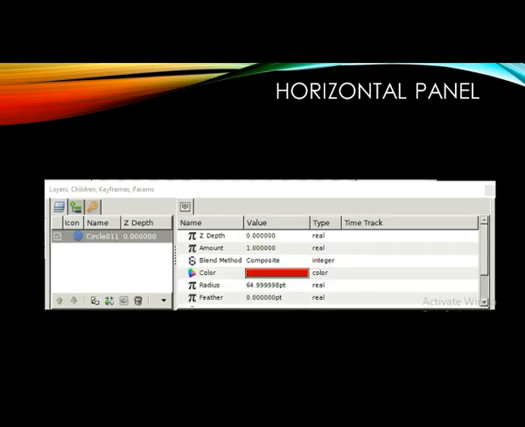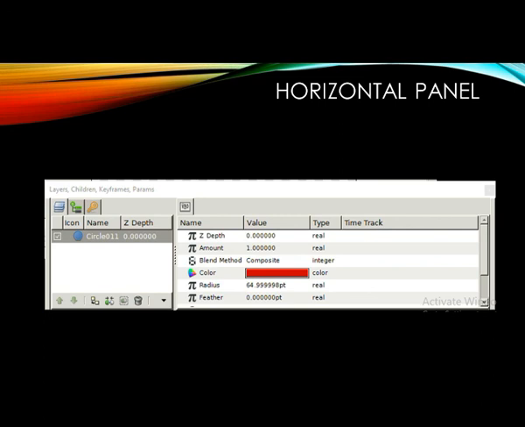This is horizontal dock, wherein we can see that we have created one layer called circle on the left side, and on right hand side we can see the properties of this layer. We can change properties of these layers by selecting particular option and change its property.